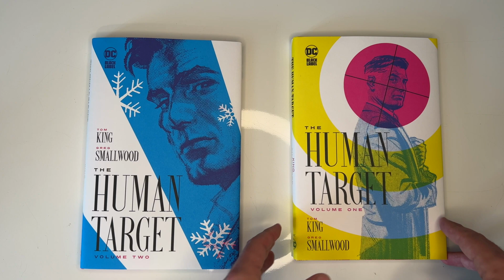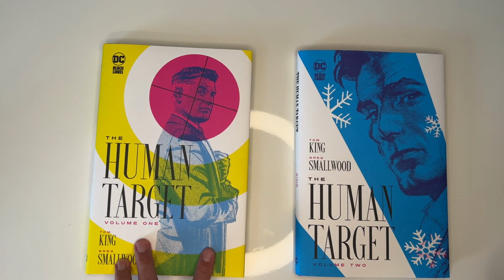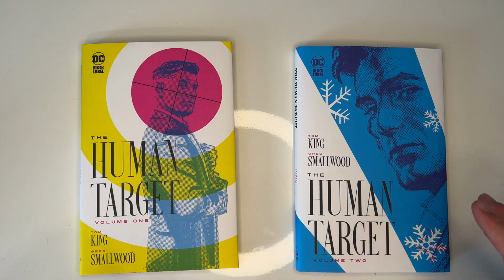I feel like I say I'm love-hate on Tom King, but typically the stuff that he does that's standalone, I feel like is stronger than the stuff that I hated, which was his superhero stuff, right? Like Batman and Heroes in Crisis and things like that. So I figured I would take a chance on Christopher Chance, The Human Target, written by Tom King, art by